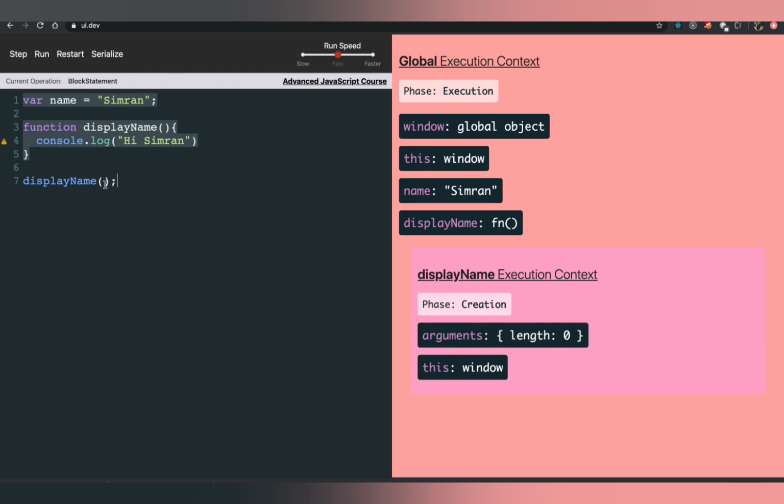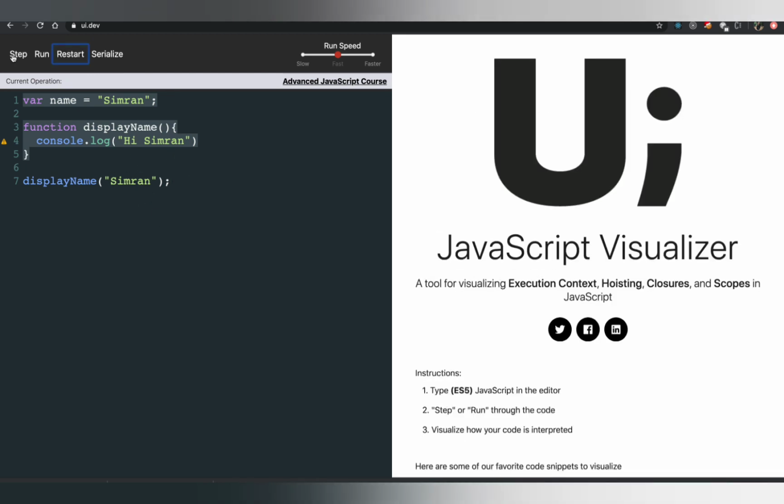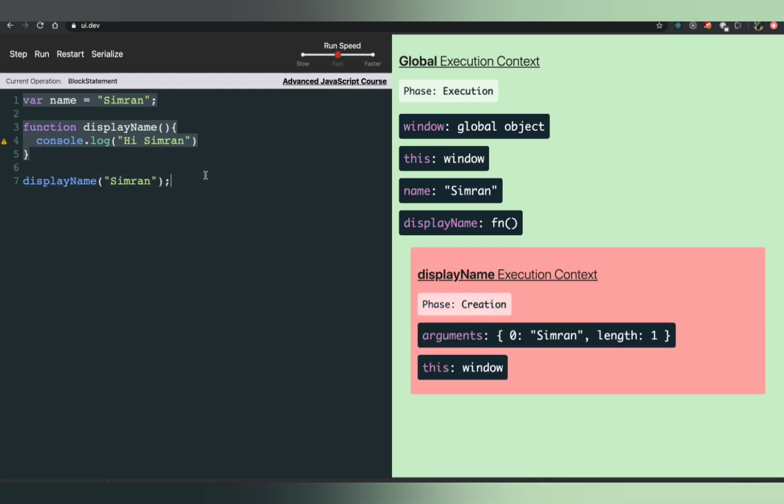Now let's pass it an argument and see what happens. So right now I'm going to pass Simran as an argument here, right? Whether or not we receive it, I'm passing this argument, and let's see what happens. I'm going to click on restart and then click on step. So see what happened. An execution context got created for displayName, and this time in the arguments it is saying that the length of the object is 1, and then Simran is passed, right? It is an object, like 0 will be Simran, and then if you pass a second argument, 1 will be the key and value will be whatever argument you have passed. So that means we get access to two things. We get access to the arguments object, which is going to contain all the arguments that we pass, and another one is the this keyword.